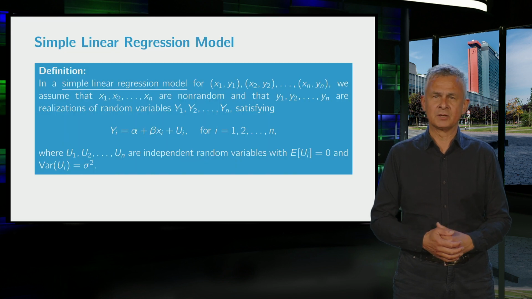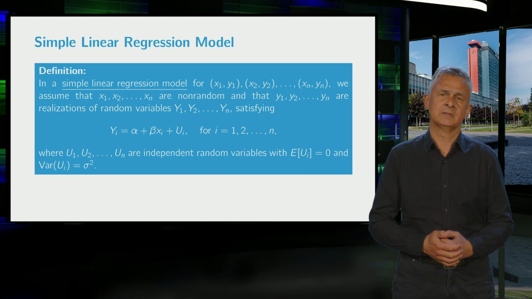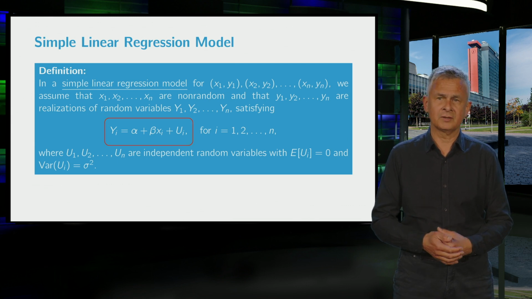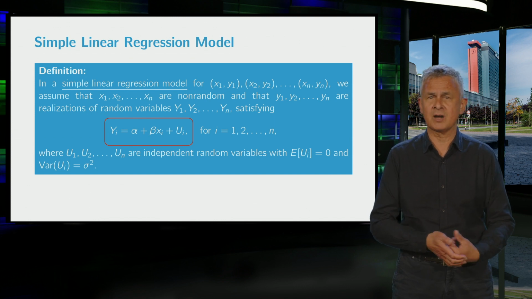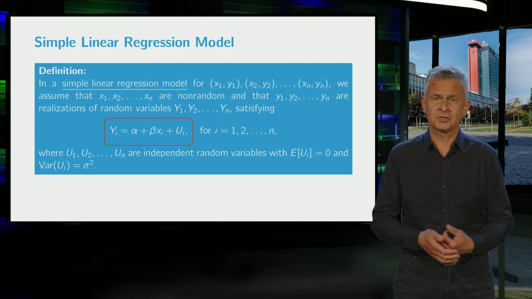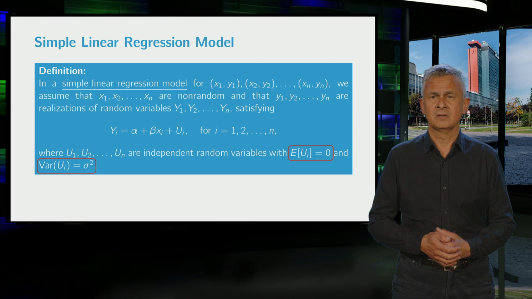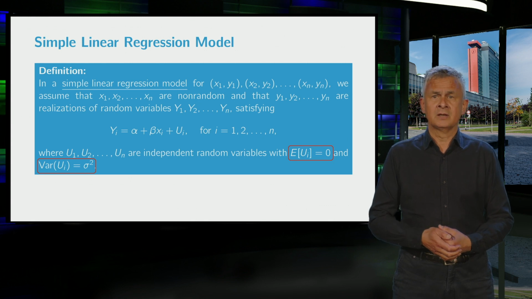In the previous video we introduced the simple linear regression model for a dataset consisting of pairs x, y. The model makes several assumptions. To start with, it assumes that a straight line captures the relationship between the x and the y variable. And in addition, it makes a number of assumptions on the measurement errors. In this video, you will learn some numerical and graphical methods to check whether these assumptions are reasonable and to assess the quality of the fit.